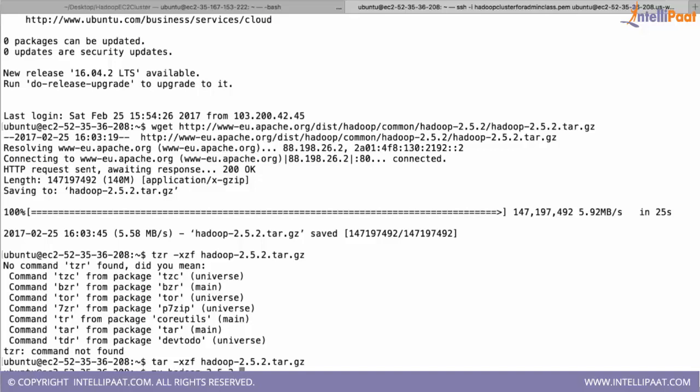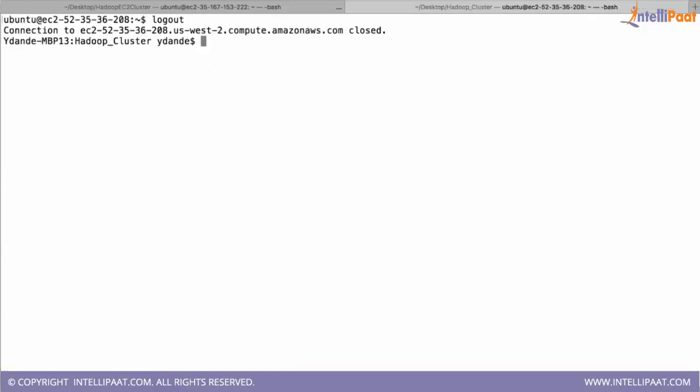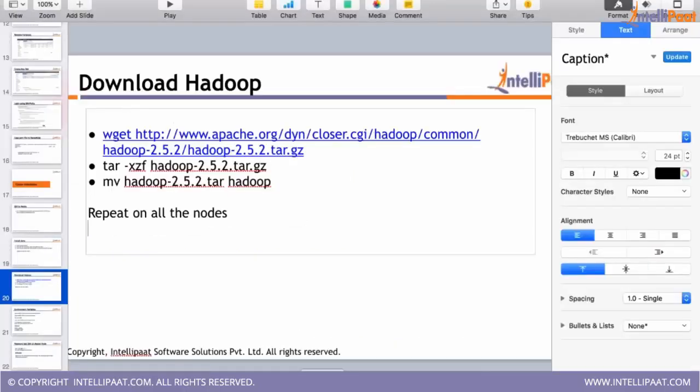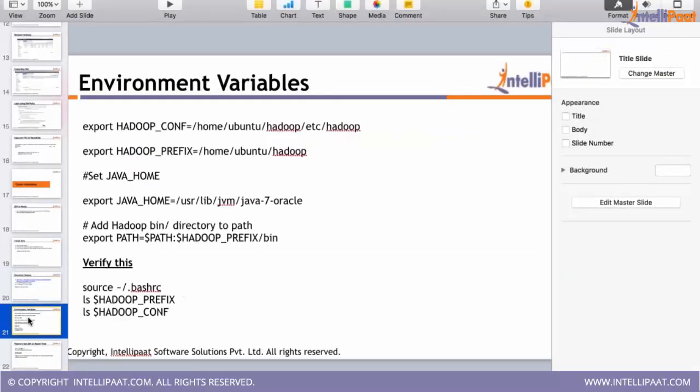Okay, like this. So I have this folder on this machine also. So we are done with downloading Hadoop on all the machines. Now let us go to the next slide.